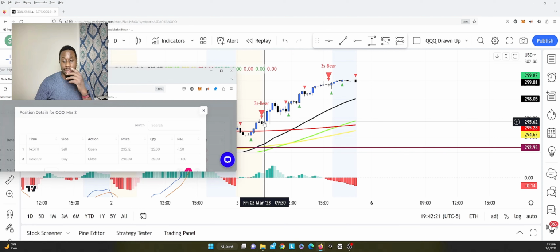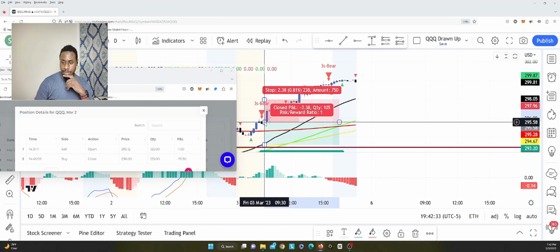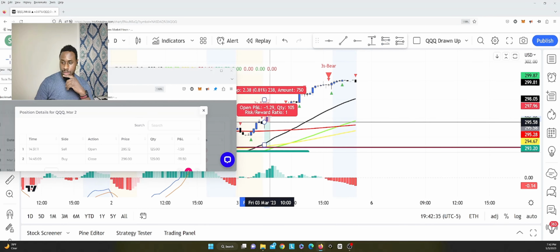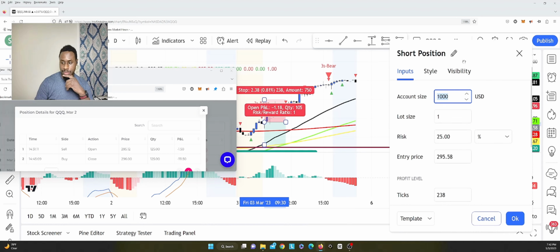So let me show you where I entered this one and where I got stopped out. So I entered this one at exactly 9:30, and I have it right here. Entered 9:30, short position on the 9:30 candle, and then let's bring it to where I got stopped out on the 9:45 candle. But let me make it a little bigger. And then we can edit the settings here, and you can see enter the short position with an entry price of